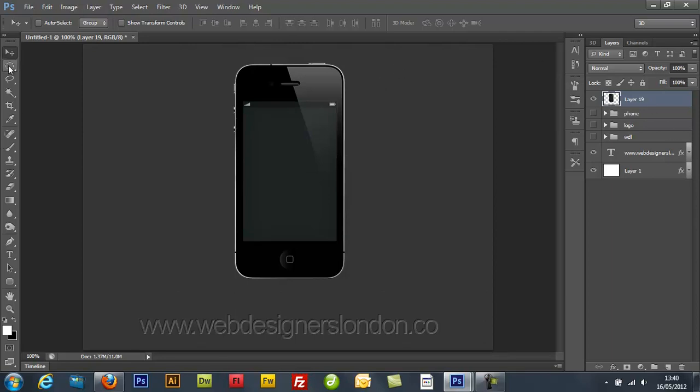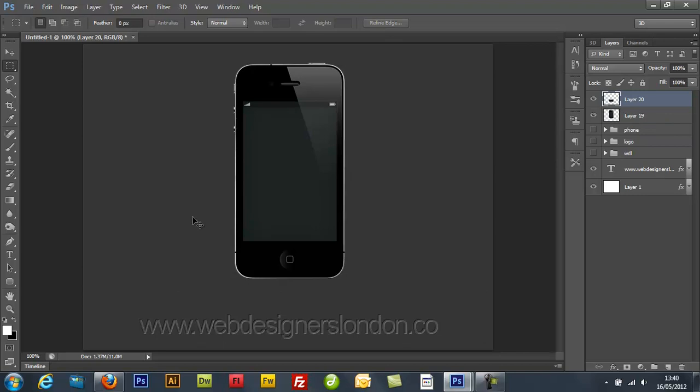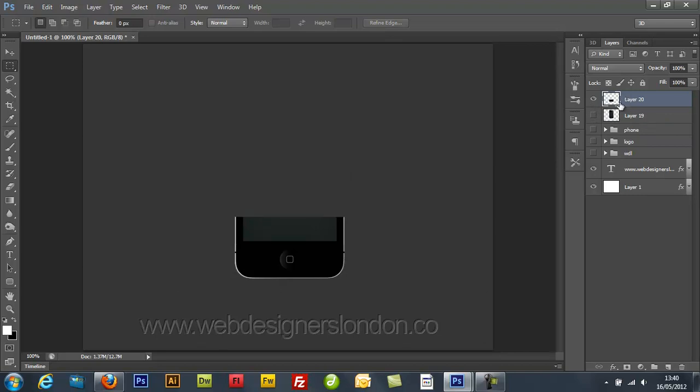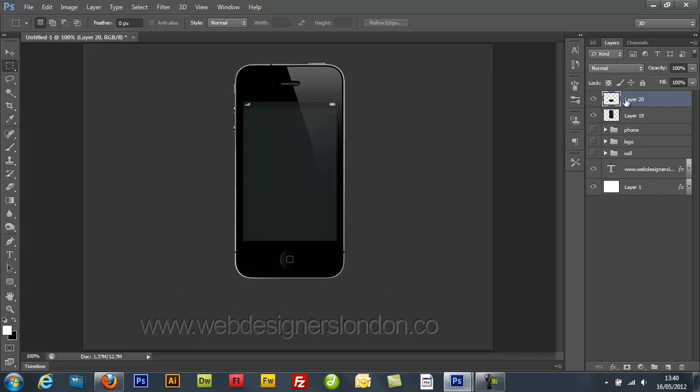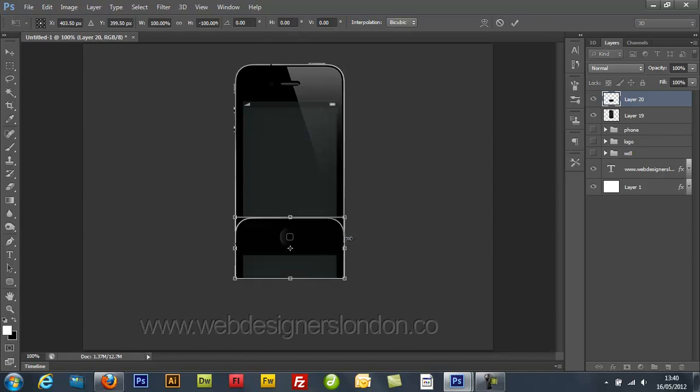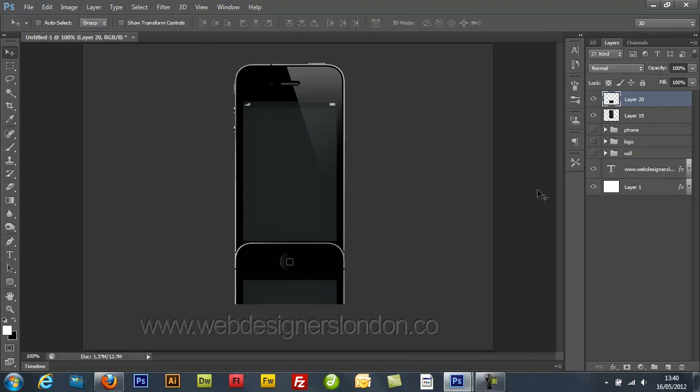I'm going to get the marquee tool here, and cut off a section, about there. Now I'm going to press Ctrl J, that's Command J on the Mac, and that has just duplicated the section here, so we now have this section here. So we're going to take this layer, press Ctrl T, right click inside, go flip vertical, and press enter, and then we're going to drop it down, using shift and the arrow down key,